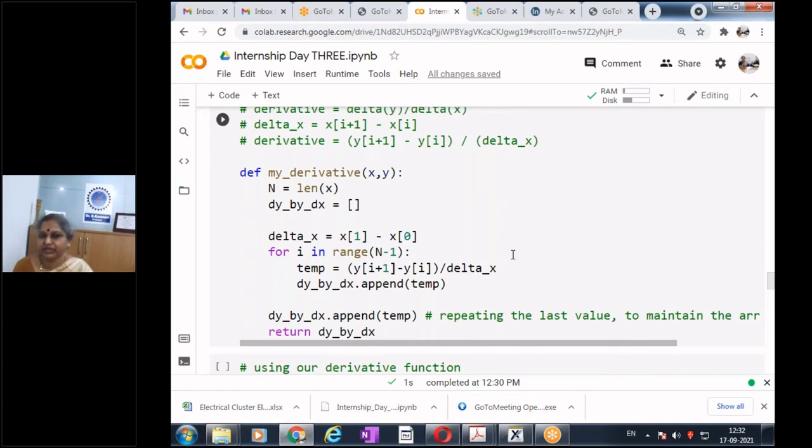Please type in this whole code. The comment, what is there in the comment that we can avoid? At least type in this code. Please see and type in the code, because we are going to do derivative. We are going to take up some examples on differentiation. So please type in this code. You can give any name. You can change the variable's name.